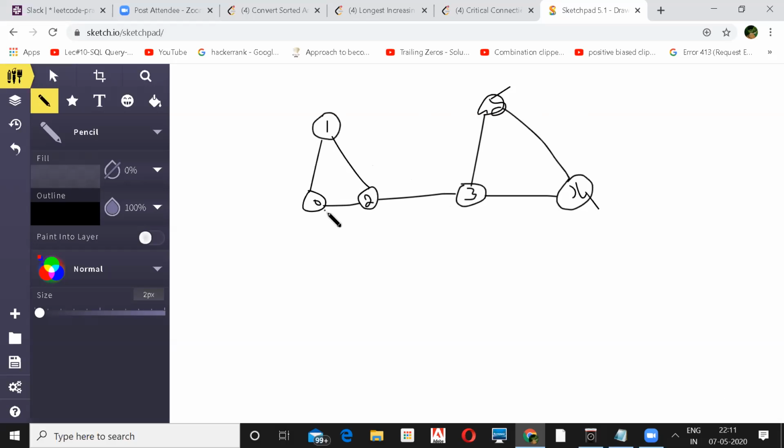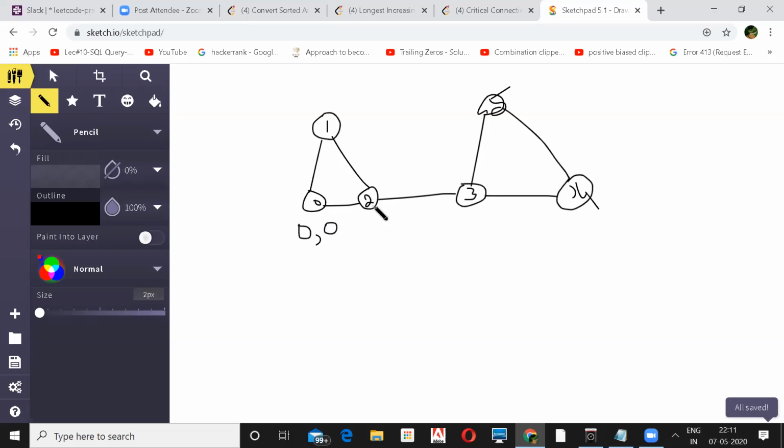Initially, you'll start from this vertex, and let's give its index position as 0. Now you try to find which is the nearest node to this vertex. As of now it is this one only, because we haven't explored any other nodes till now. So we'll give it a low value of 0.